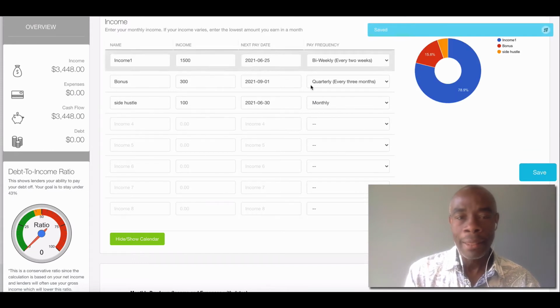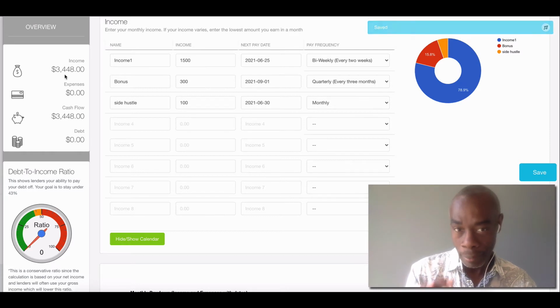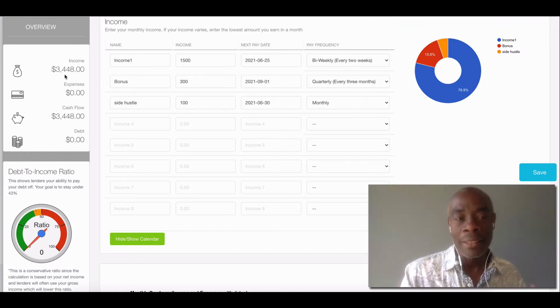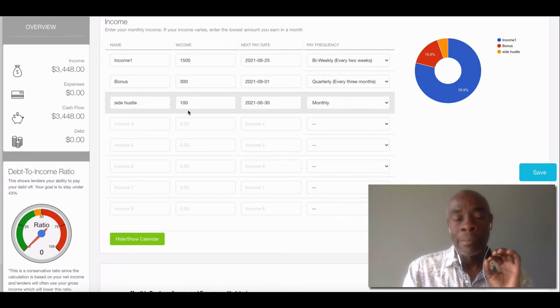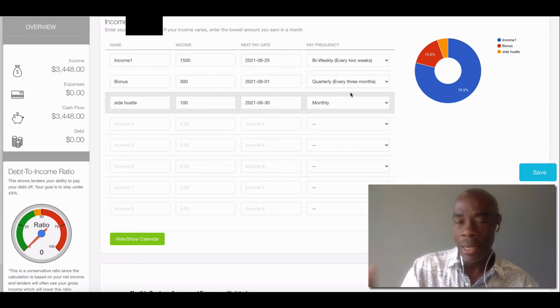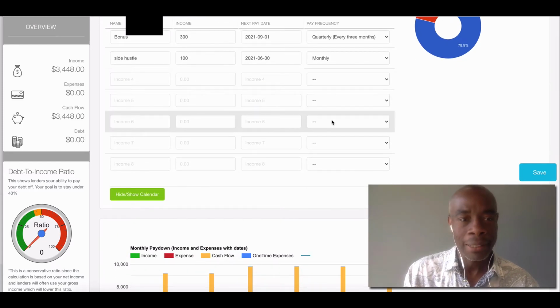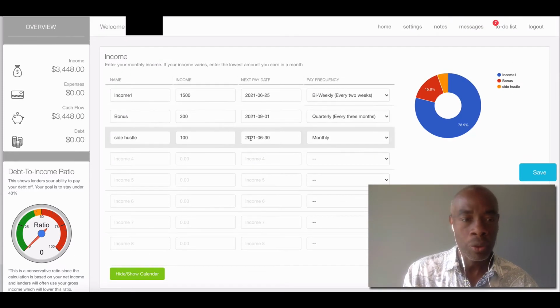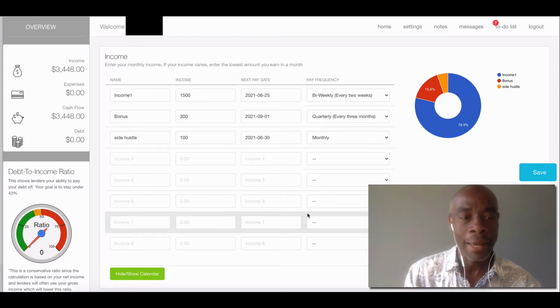You'll see automatically that the app updates, and now it averages out your income. So it's important that you understand this part, that this is your average income for each month. So this bonus that you get every quarter, it averages it out over the year. So that's it. Automatically, as soon as you enter that information, you'll see that you get more information